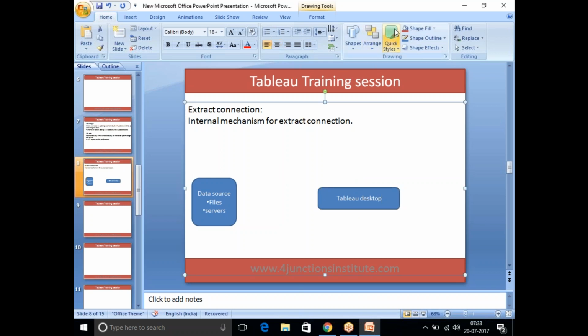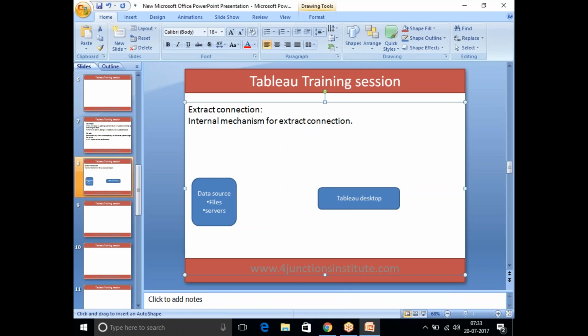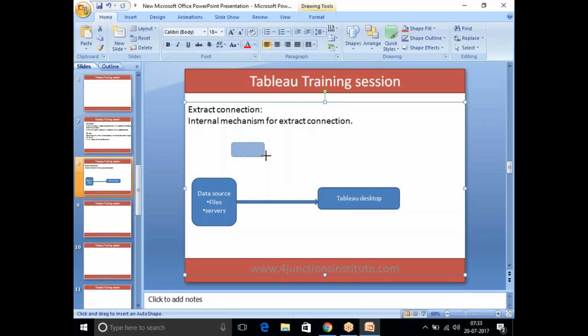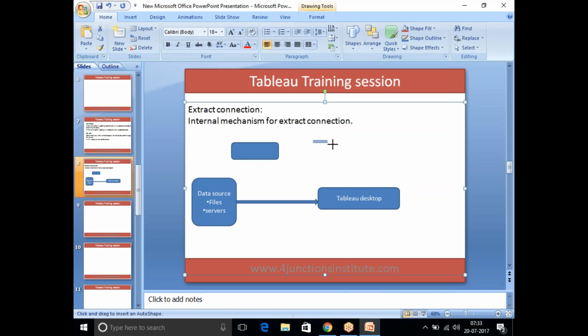Once it has connected from the source level to the Tableau level, in an extract connection it will take the entire data from the source system in the form of a snapshot. Then it is going to send that snapshot to the data engine, and it will save it in the file extension of